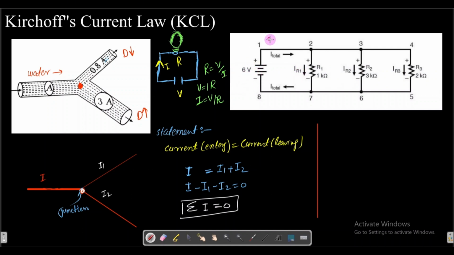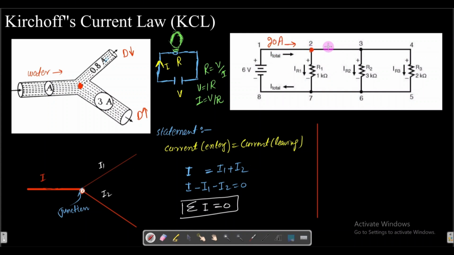Let's consider that a 20 ampere current is flowing in this direction. So here at this junction, according to KCL, the current entering this junction